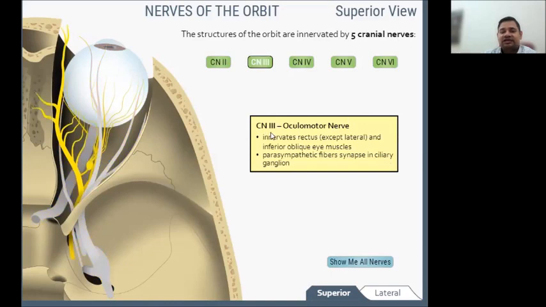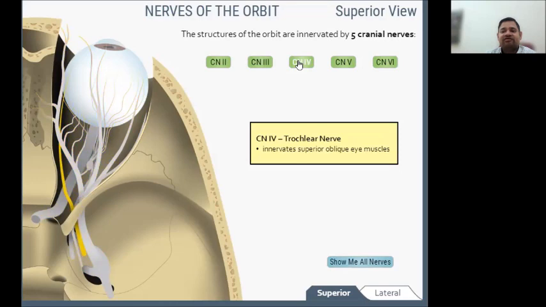Next is third, that is the oculomotor nerve. It basically supplies or innervates the rectus muscles. Exceptionally, the lateral rectus is not supplied by it, and it is going to be supplied by the sixth one. LR6 SO4 is the code for the exception. Rest is 3. So rest 3 means all other rectus, like superior, inferior, and medial rectus, plus inferior oblique, are going to be supplied by the oculomotor nerve only.